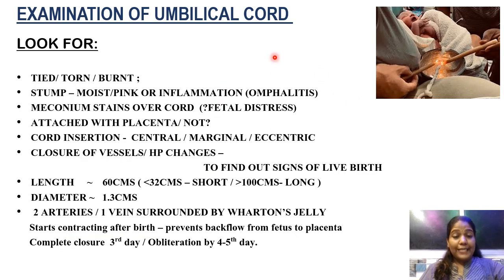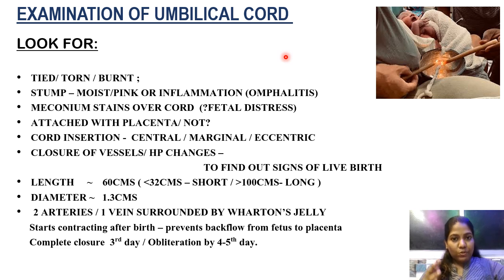So, coming to the examination of umbilical cord. In umbilical cord, we have to look whether the cord is tied, torn, or burned. There are some rituals where cord burning is done, as in this picture, and we have to look for the stump, whether it is moist or pink or inflamed, whether the cord has any meconium stains which indicates fetal distress,